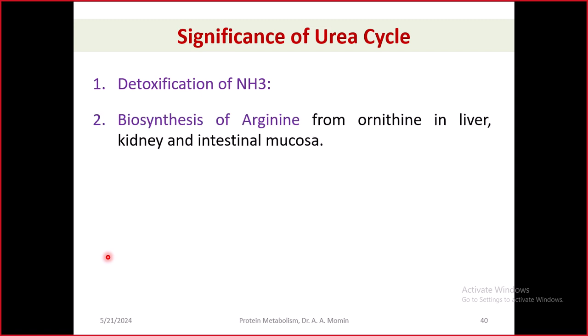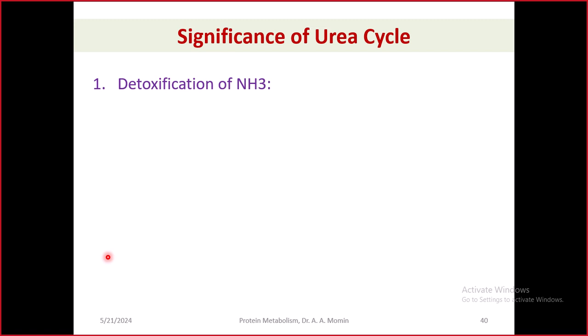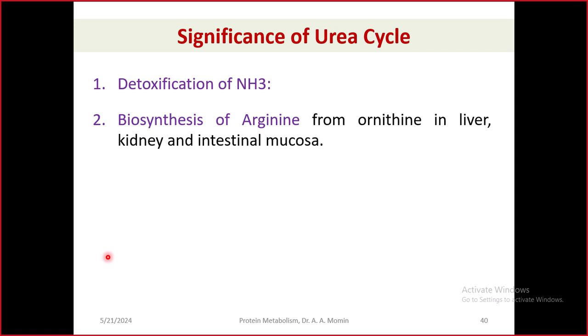Significance of urea cycle: it is used for the detoxification of ammonia, toxic ammonia to non-toxic urea, and for biosynthesis of arginine from ornithine in liver, kidney and intestinal mucosa. Arginine is one of the 20 standard amino acids, right? So this arginine can be synthesized if required in the body from one of the metabolites of the urea cycle, ornithine,